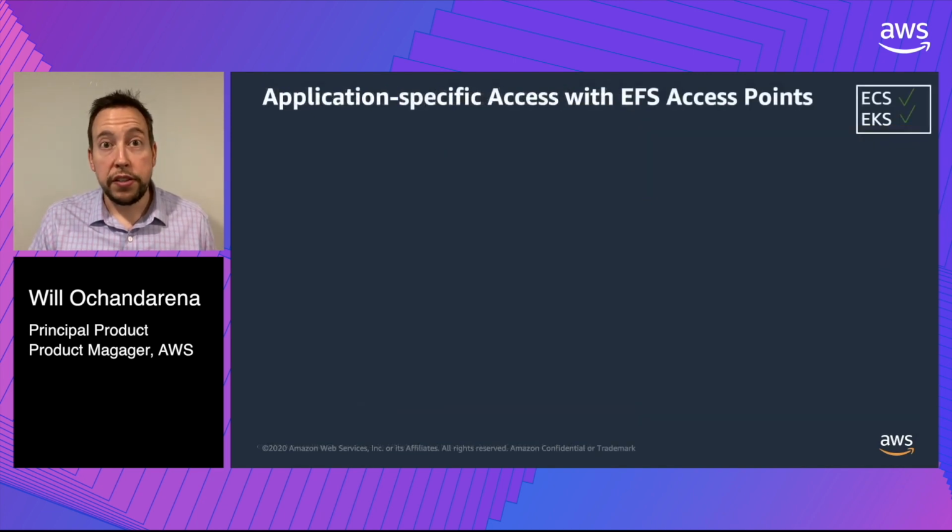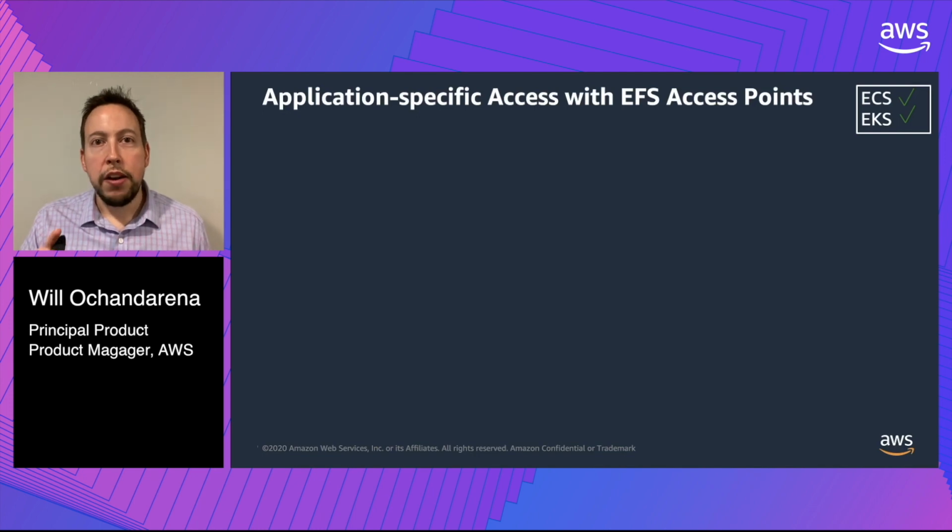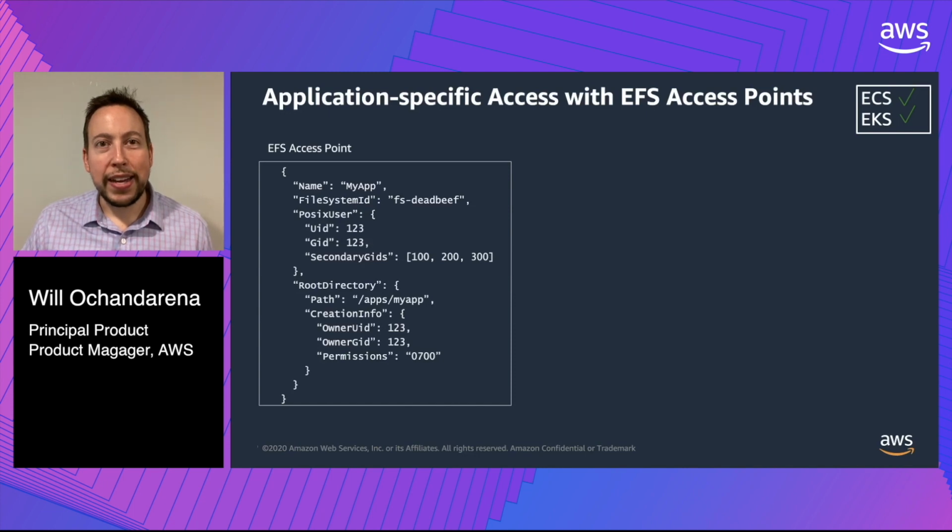But there's a fix for this. There's a way to control that. And the way to control that is by using EFS access points. EFS access points are application-specific entry points into your file system that allow you to control the identity of the underlying application. So let's look at an EFS access point definition and see what sort of things that you can